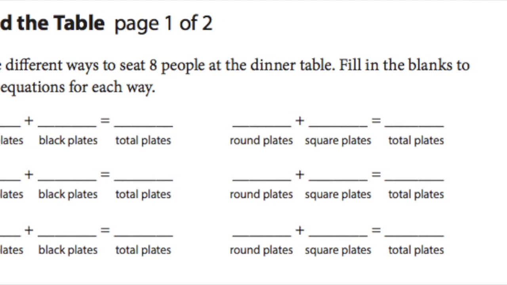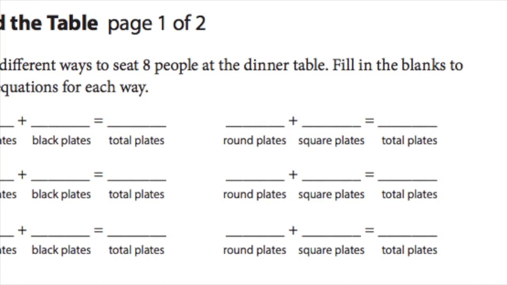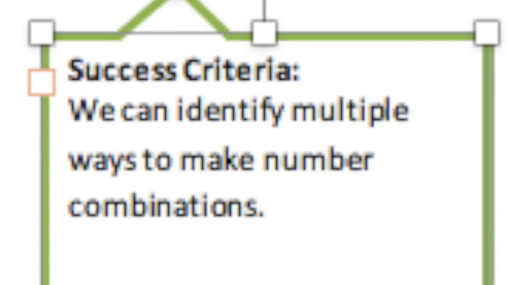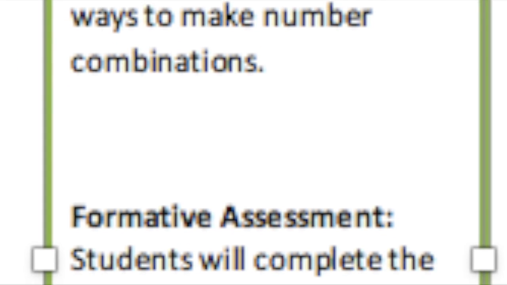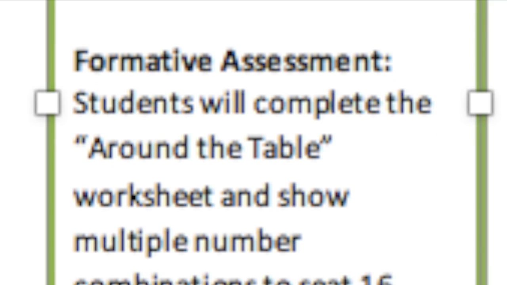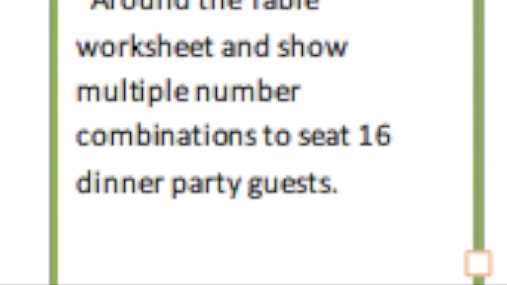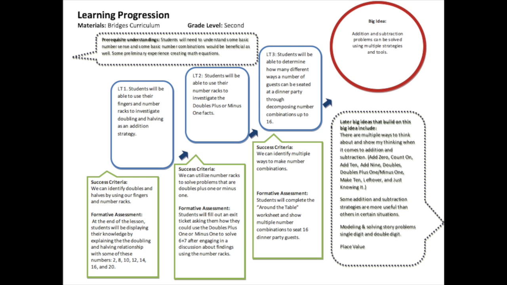9 guests could have square plates, and 4 guests could have circle plates, creating a math equation of 9 plus 4 equals 13. This is students decomposing numbers and creating equations to solve addition problems. This relates to the big idea because using manipulatives is the way students can solve addition and subtraction problems. Also, using equations is another strategy that students can use to show their work as they interact and solve addition